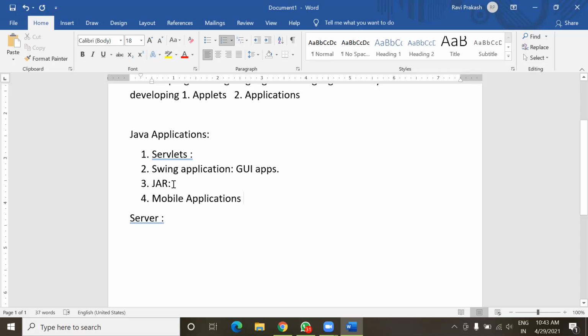JAR means Java Archives, means several files of a single application are compressed together to form a single file that is known as Java Archive. And the last one is mobile application, means those applications developed for smartphones like games, calculator, calendar. So many applications can be developed for mobile platforms also. Those are called mobile applications.